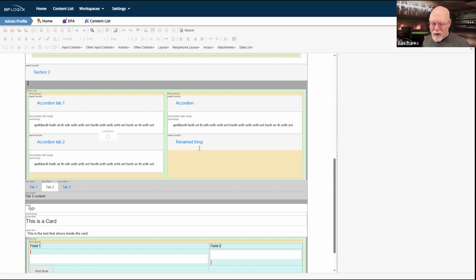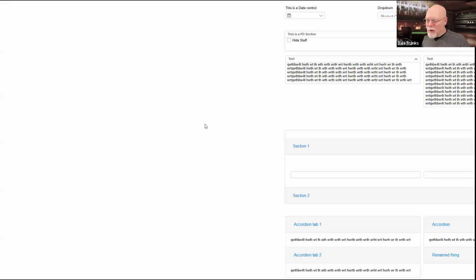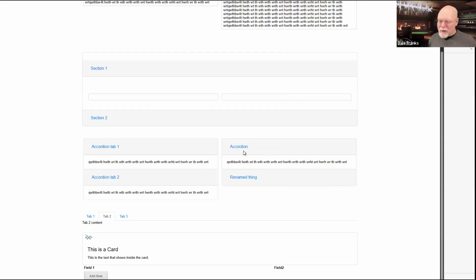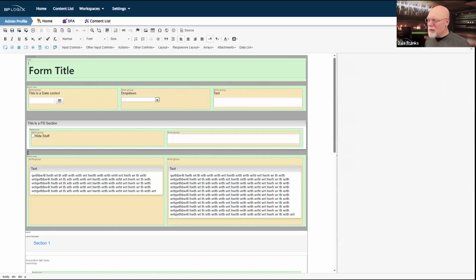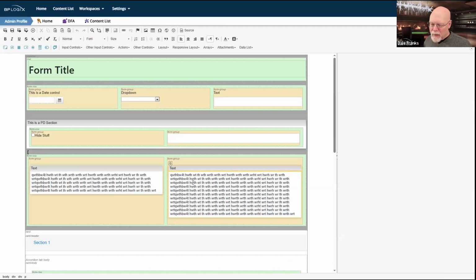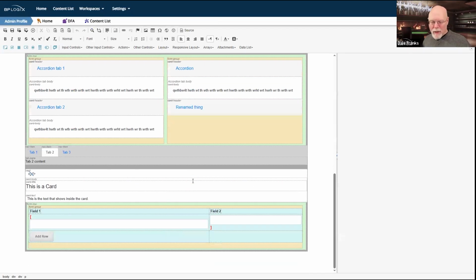and we'll give it a second to open up. Whenever you rerun the form, you can now see it with your new titles. So you're obviously going to want to get rid of all of those default titles. You're going to have to edit them manually, which is just a little bit of a pain. But of course, now I've got the accordion and renamed things. So it all works, and the links work. It's just a little tedious with how you have to do that renaming. You know what? I think I'm going to keep this open so that we can go back and look at it.